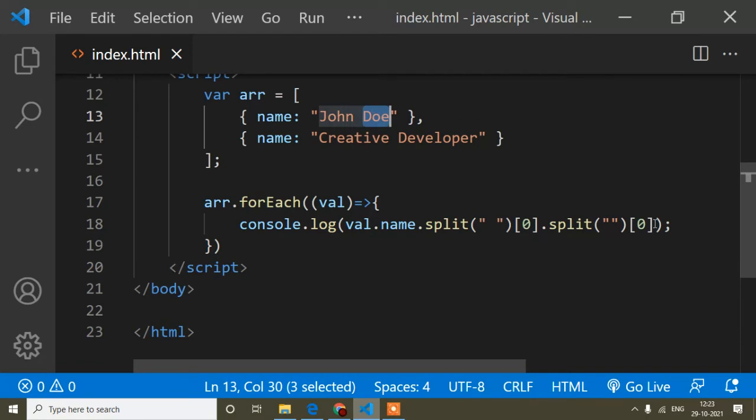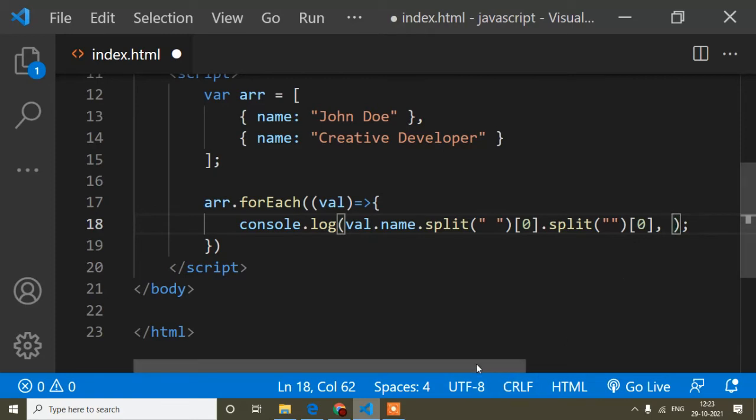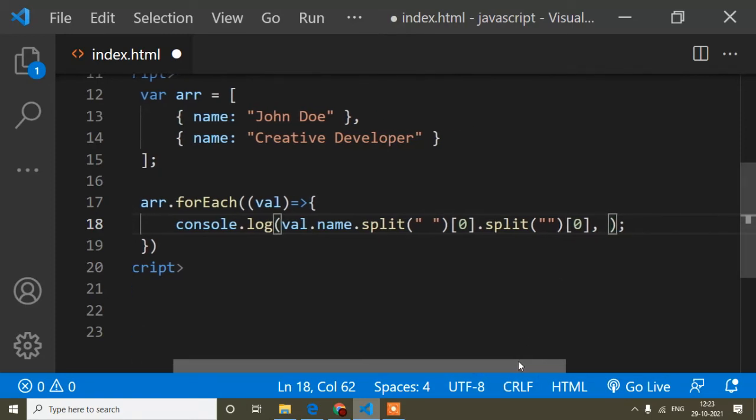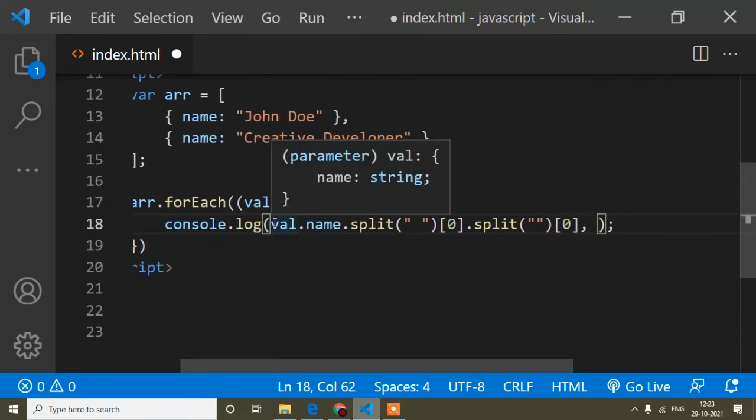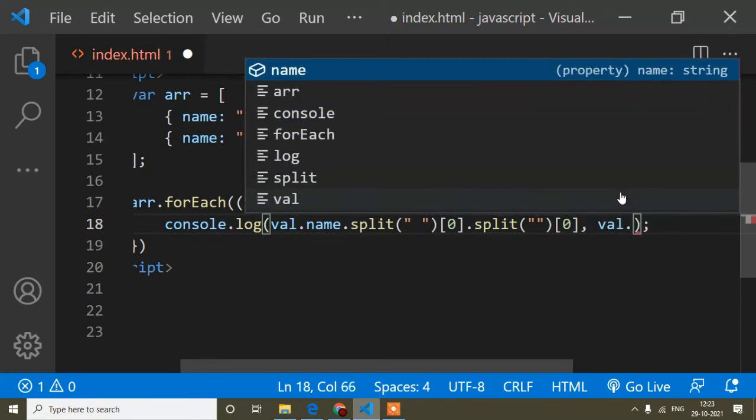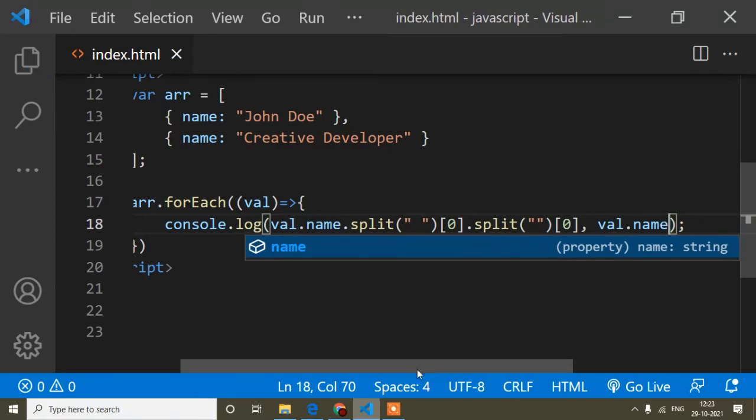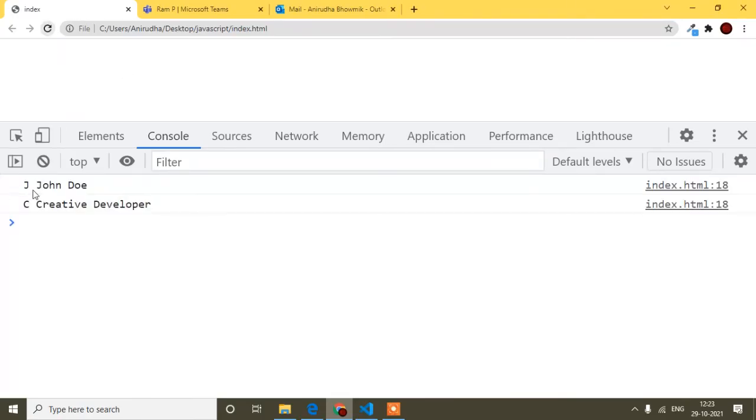Here I will simply add a comma, because now I will write the code for the last name. Same thing, value dot name. If I write value dot name, let's see what I will get here. You can see I'm getting the whole name, but I don't need that.